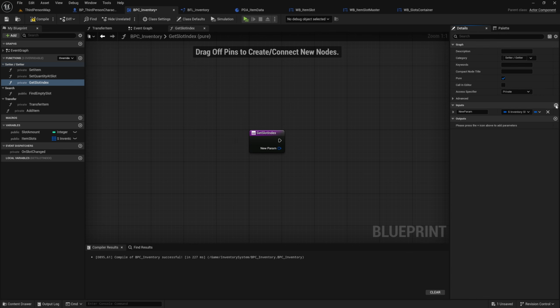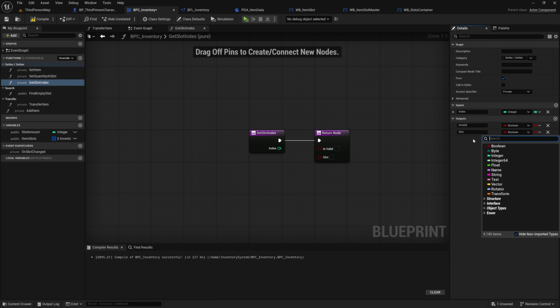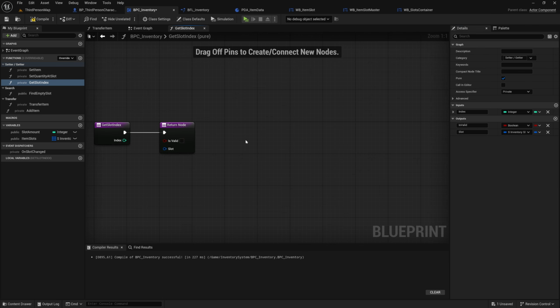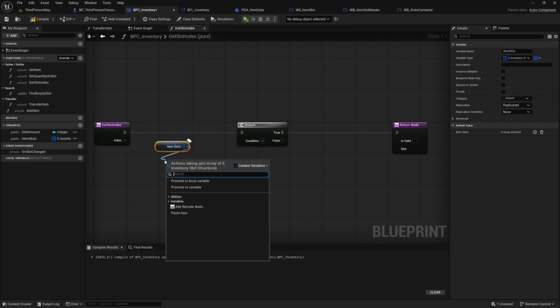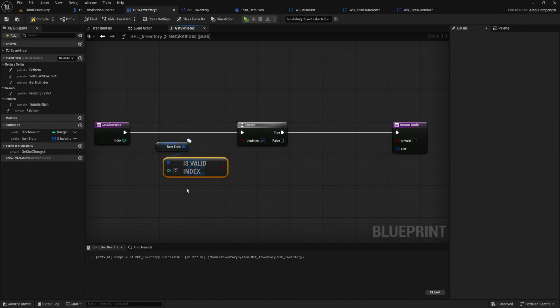It requires an input value named index of type integer. We create two values as outputs: IsValid of type Boolean and slot of type inventory slot structure. Create some space between the nodes and insert a branch. Drag the item slots variable into the graph and call the isValidIndex node to check whether the passed index is